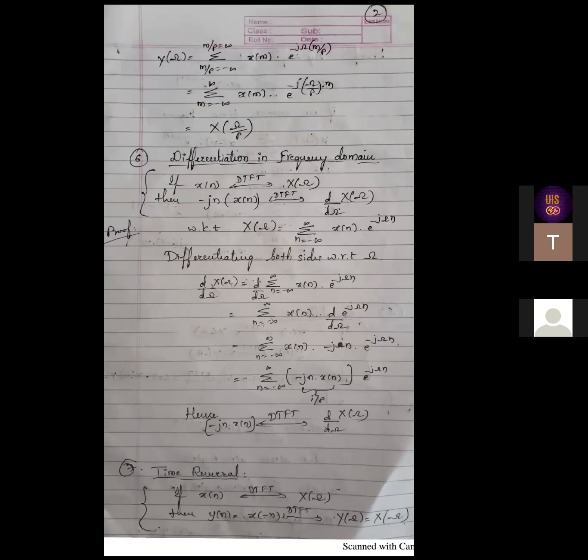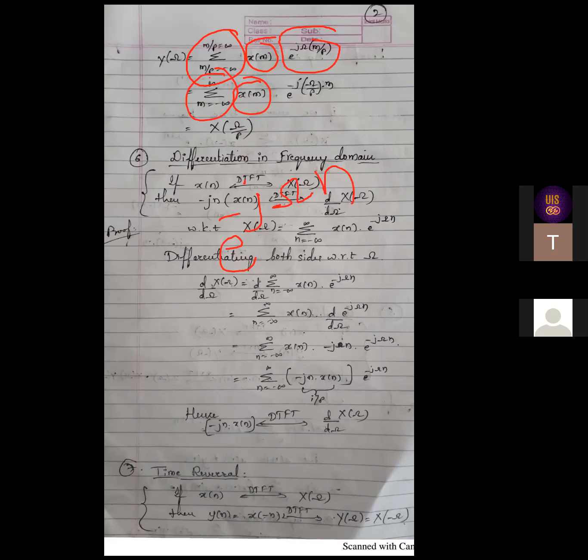If I substitute that value here, the summation is for n, n is equal to m by p. I have substituted it. x of pn is nothing but x of m, e raised to minus j omega n, where n is m by p. So in the next step, if you just see here, the summation is for m, because if I take p to the other side, infinity is getting multiplied by p, again some infinite term. This is as it is x of m. Now here there is a rearrangement. Generally it is like this, e raised to minus j omega n. Now I try to rearrange this particular bracket.